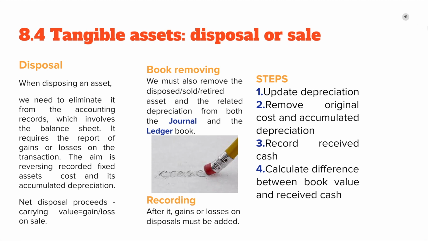Okay, so now we're going to talk about the disposal, sale, or retirement of tangible assets. As we all know, tangible assets can be characterized by having a physical appearance and they're often easily transacted for a monetary value, depending on how close they are to liquidity. Definitely, tangible assets are what a company uses to operate the business, from fixed ones that are used for more than one accounting period, such as hardware, machines, or desks, to non-fixed ones, used for the production of final goods or services,